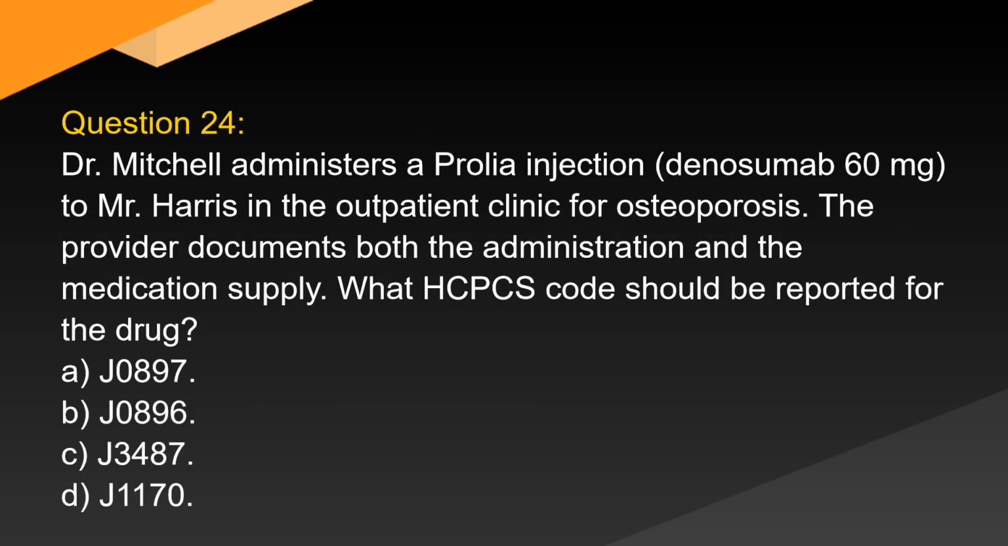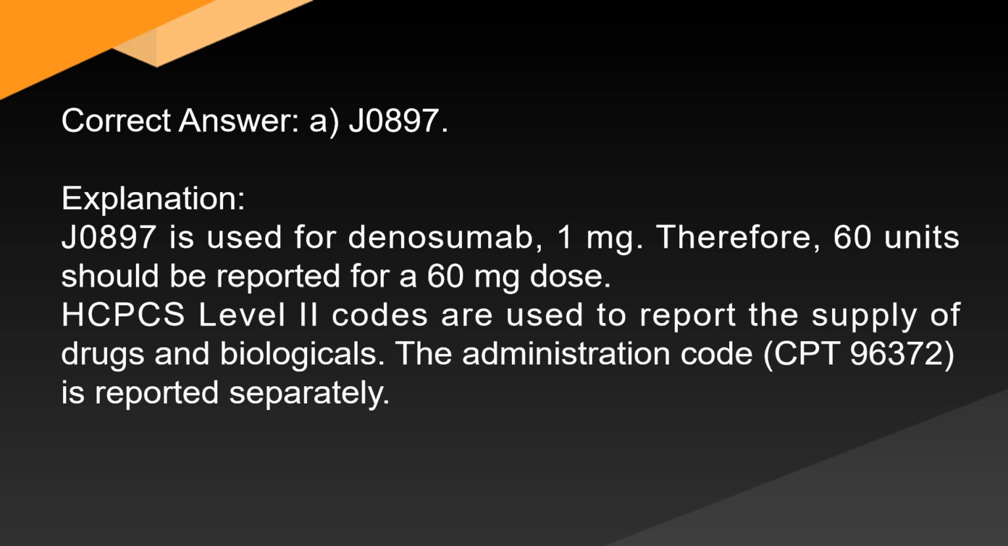Question 24. Dr. Mitchell administers a Prolia injection, denosumab 60 mg, to Mr. Harris in the outpatient clinic for osteoporosis. The provider documents both the administration and the medication supply. What HCPCS code should be reported for the drug? A. J897, B. J896, C. J3487, D. J1170. Correct answer, A. J897. Explanation: